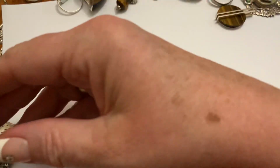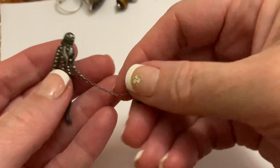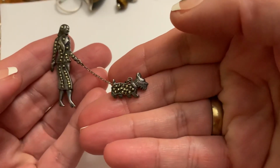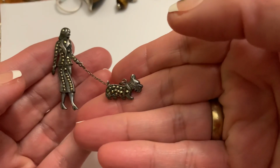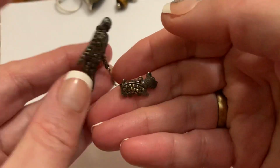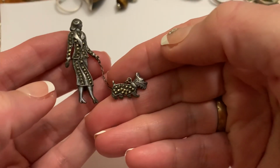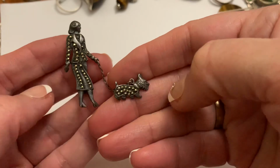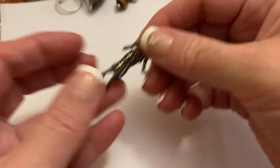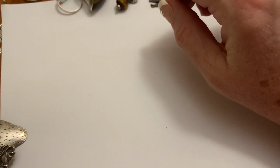This is a recent sterling with the little, I think that's a Westie. Is that what that is? Dog? She's walking the little puppy. That's so cute. And that's marcasite. And speaking of marcasite,